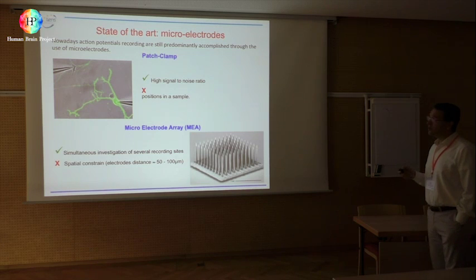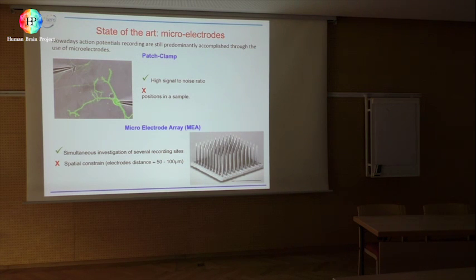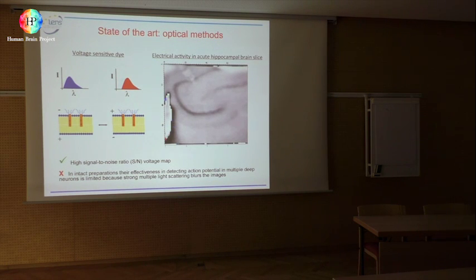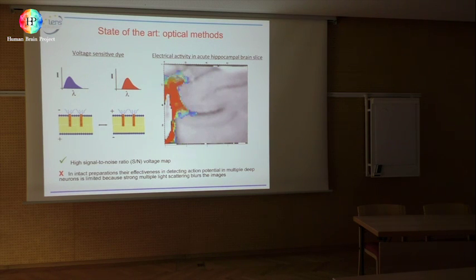So then when you move to cells and you ask, which are the methods for single cell detection of electrical activity? People working with cell culture use, for example, multi-electrodes, and they detect, also using some voltage-sensitive dyes, the action potential propagation and the calcium signal propagation. You see here, this is an acute slice of brain, not in vivo, and then you see the wave of propagation